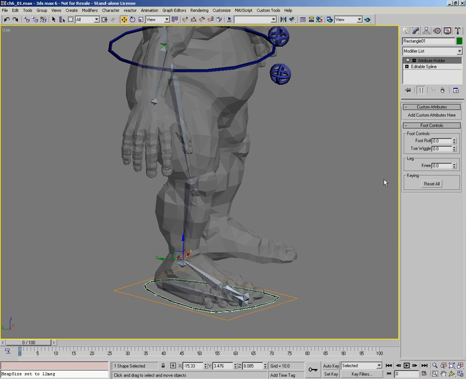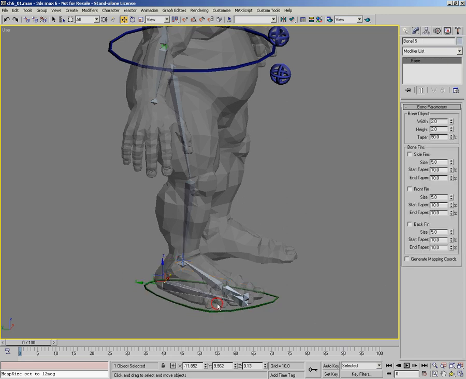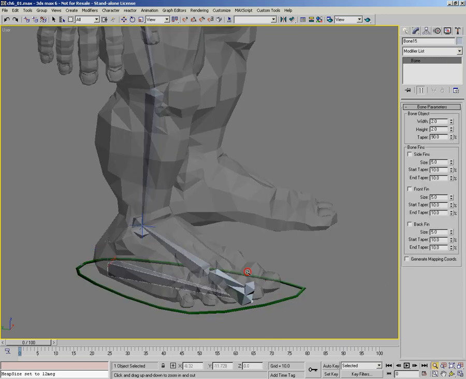So what we need to do is find a way to get a smooth transition all the way from the heel roll down into flat, up into the ball of the foot, and then onto the toe, so that one motion blends nicely into the next. Reactor controllers will provide us with that. For the toe wiggle and the knee, we're just going to be using wire parameters because they're not nearly as complicated. So starting with the foot roll, let's start by selecting